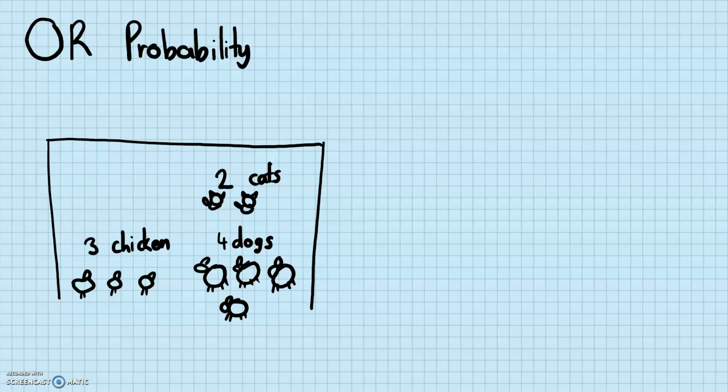And let's have also 3 monkeys. I'll draw tails so that they all look like people. Okay, we have 3 monkeys, 2 cats, 3 chicken, and 4 dogs. If you just choose an animal at random, what is the probability of picking a dog